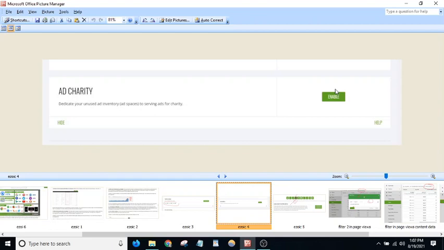I have disabled this option for my website to get good speed. Otherwise this really causes the speed to get low. I have seen in Google PageSpeed Insights these charity ads popping up just over my content.